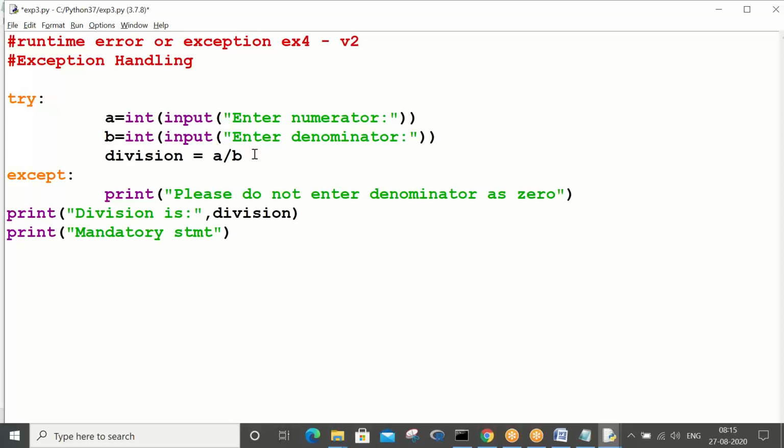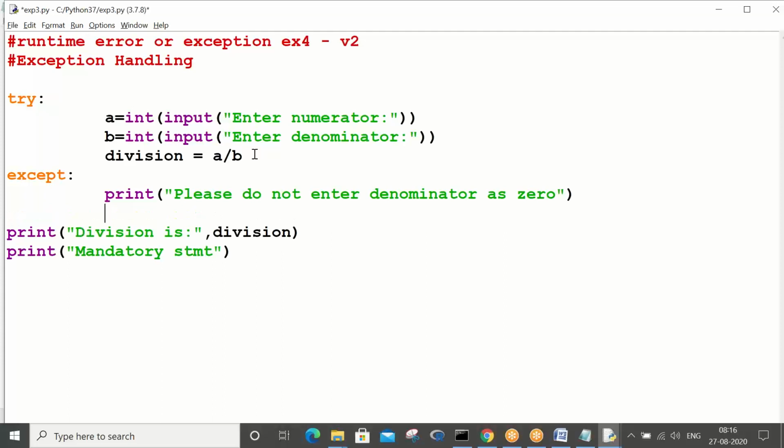The point to understand is you just have to inform the end user not to give denominator as 0. So who is informing this? You are training your interpreter to tell this to the end user. From now on the interpreter is going to listen to you: it goes to except, executes the except statements and shows them to the end user.